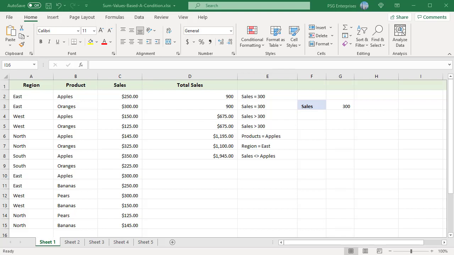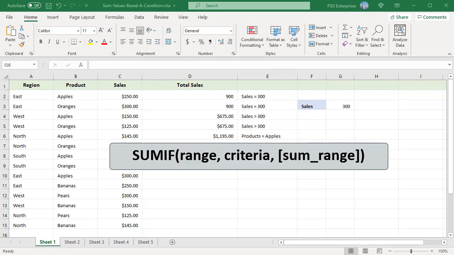Use the SUMIF function to sum the values in a range that meet the criteria that you specify. The SUMIF function returns the sum of cells that meet a single condition. Criteria can be applied to dates, numbers, and text. The SUMIF function supports logical operators greater than, less than, not equal to, and wildcards star and question mark for